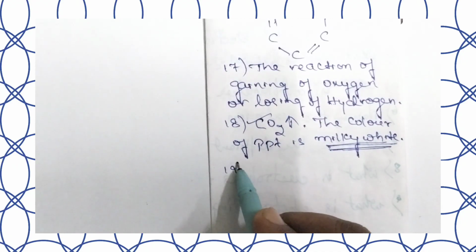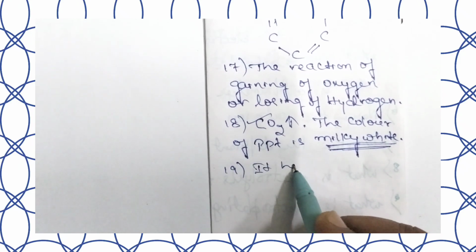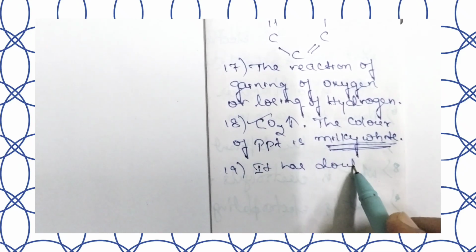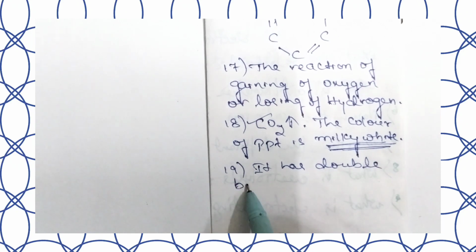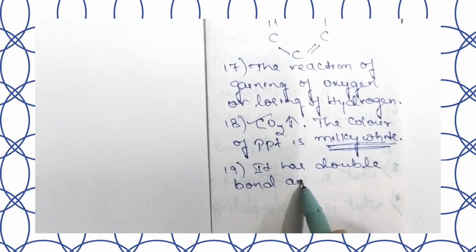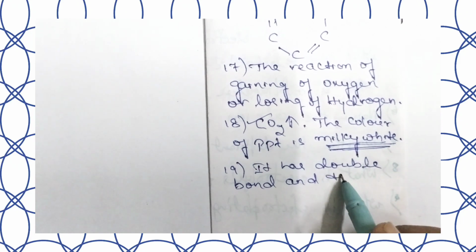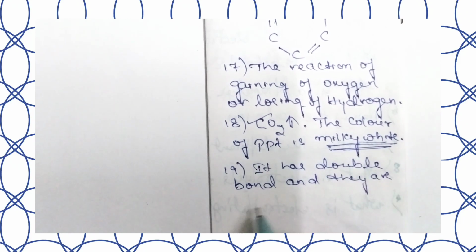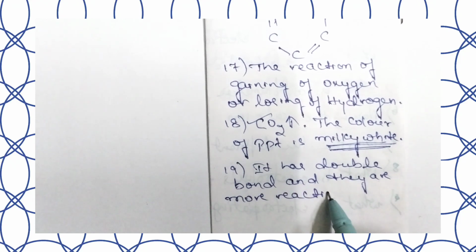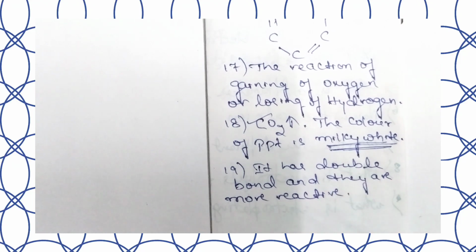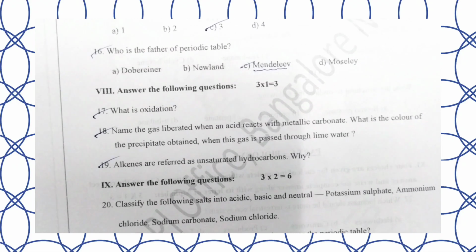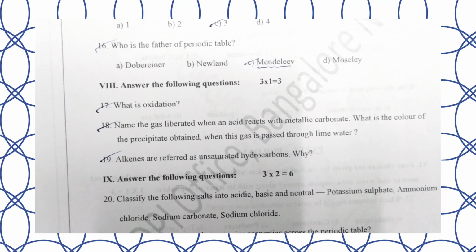Why? Because it has double bond. It has double bond and they are more reactive. So these are the reason why we call alkene as unsaturated hydrocarbon, because it has double bond and they are more reactive. So now let us go for 20th question,